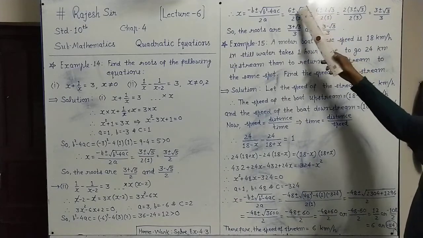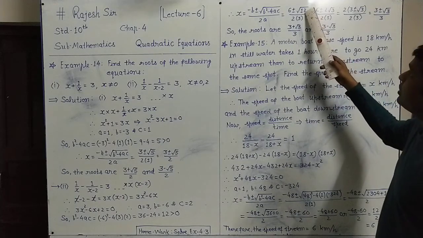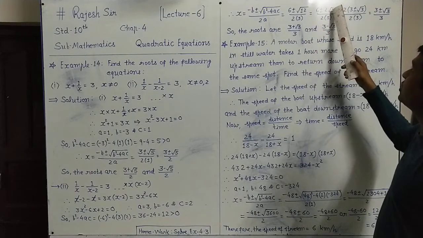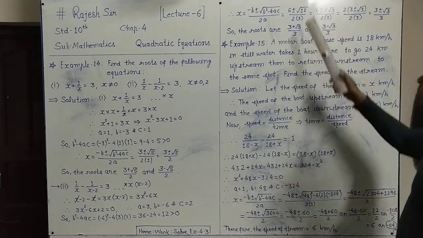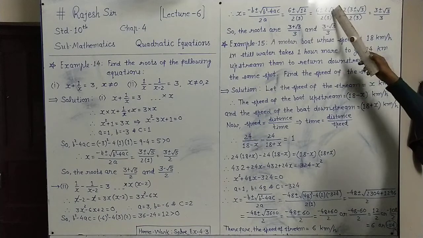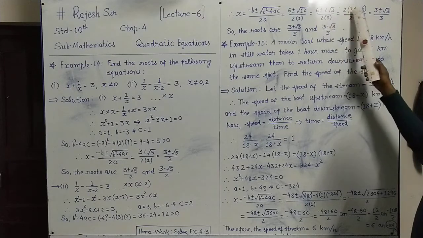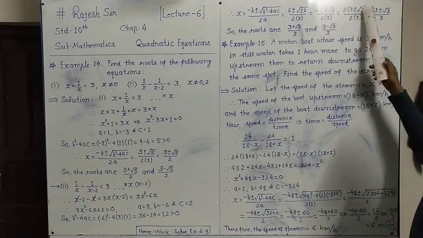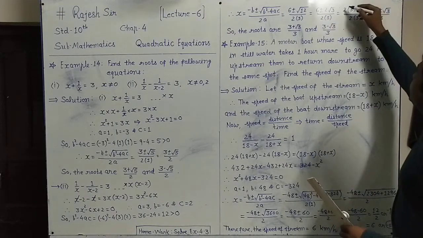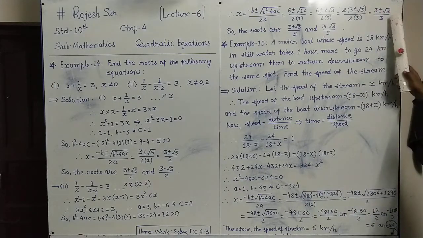Now 6 plus or minus root 12. Root 12 can be written as 4 into 3. And root of 4 is 2 will be outside and 3 will be inside the root. So root 12 is 2 root 3. So 6 plus or minus 2 root 3 upon 2 into 3 as it is. Now in the numerator 2 is common in both. So 2 is taken common. So 6 will be 3, 2 threes are 6, plus or minus 2 is common, so root 3 is remaining. And down there 2 into 3 as it is. So up and down 2 can cancel now. So the remaining is 3 plus or minus root 3 upon 3.